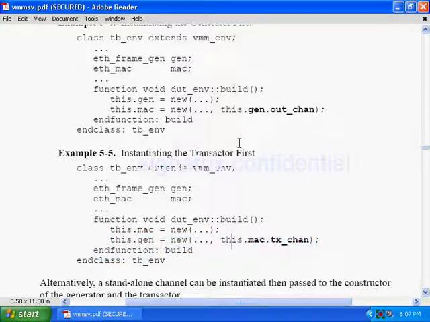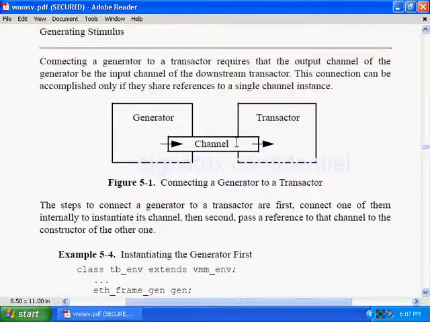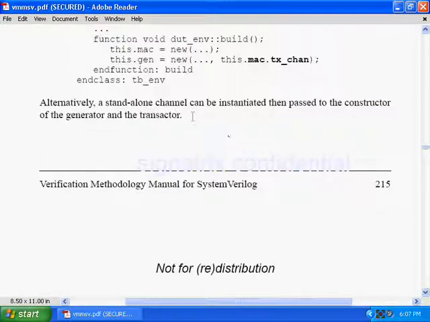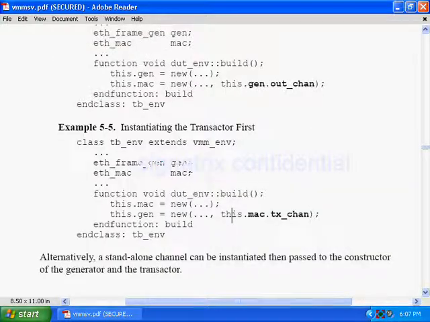So in this way both are possible. Alternatively, a standalone channel can be instantiated, then passed to the constructor of the generator and the transactor. So as an alternative, both are possible. That is what they are trying to say.